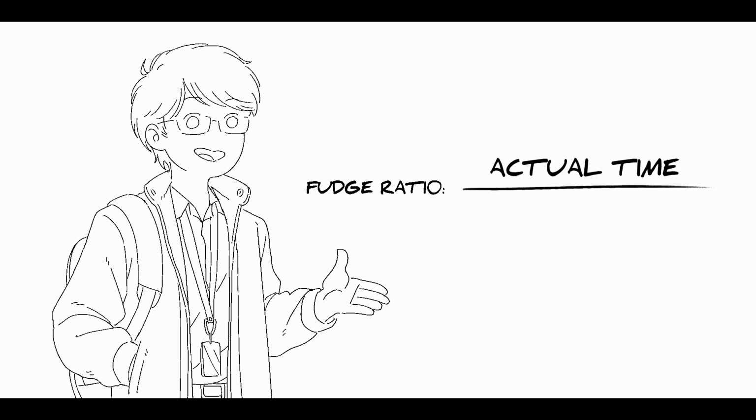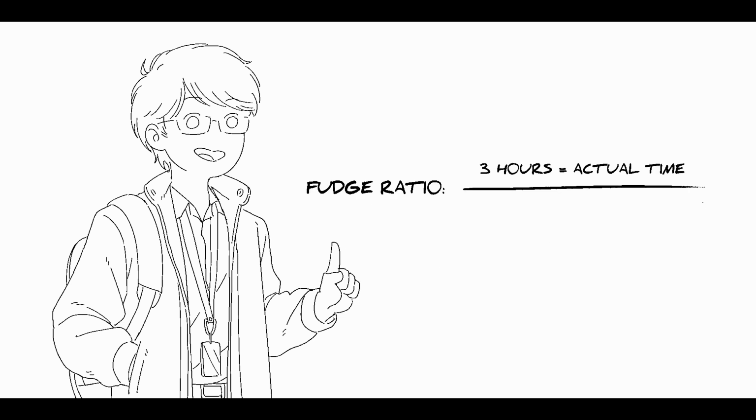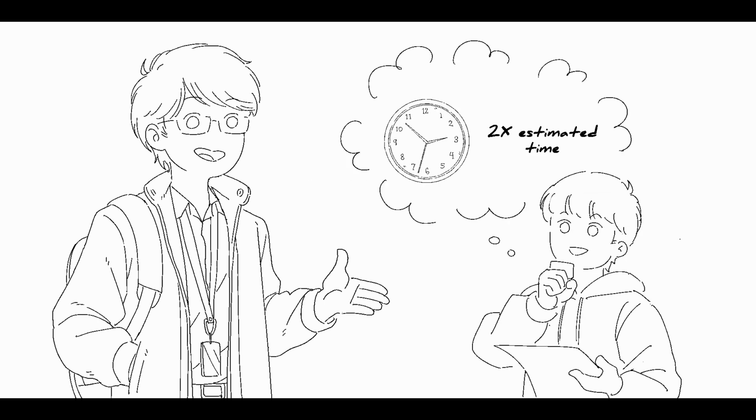By dividing the actual time it took to complete a task by the estimated time, you would now get a more accurate estimation of how long it will take you to complete the short essay. In this case, 3 divided by 1.5 hours is 2. Therefore, a better estimation would be to believe it will take you twice as long to complete another